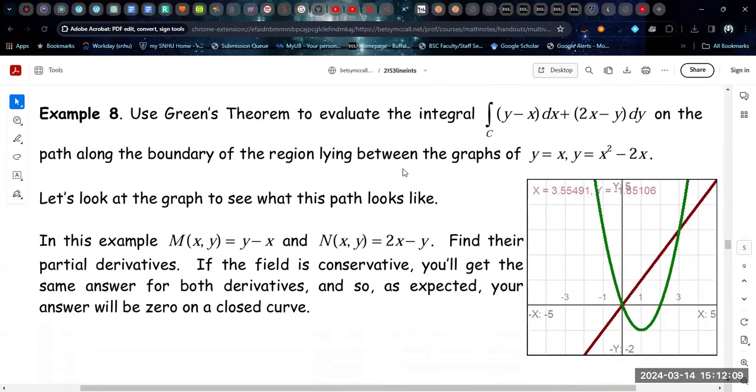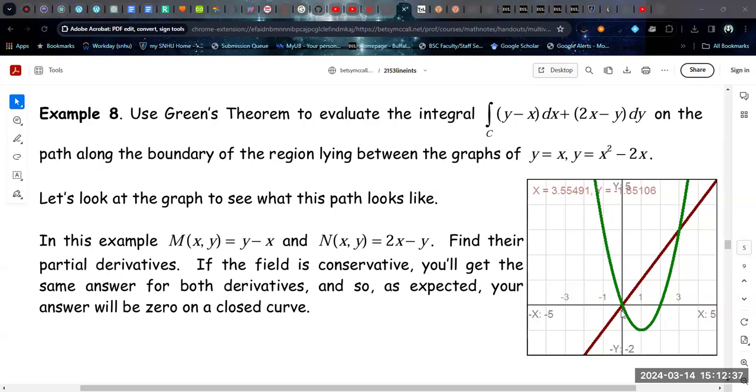So here we're going to use Green's theorem to evaluate this integral on the path along the boundary of the region between the graphs of y equals x squared minus 2x. So always it's a good idea to orient yourself and sketch the graphs. So this is our line y equals x, and this is our curve x squared minus 2x. And so basically, since we're going along the boundary, we would essentially be going along this curve here. And then when we get back to the second point of intersection, we would come back along the